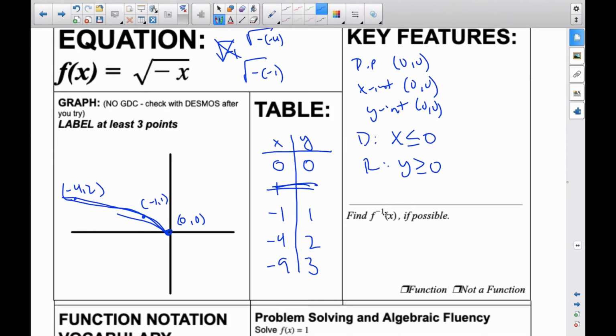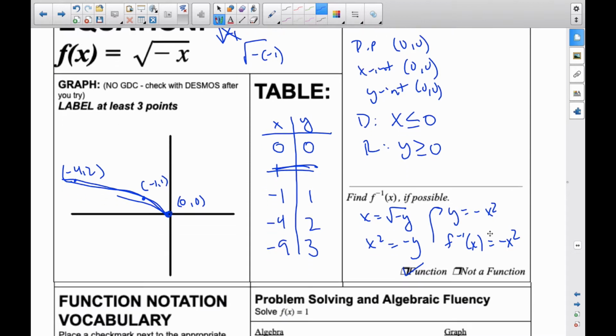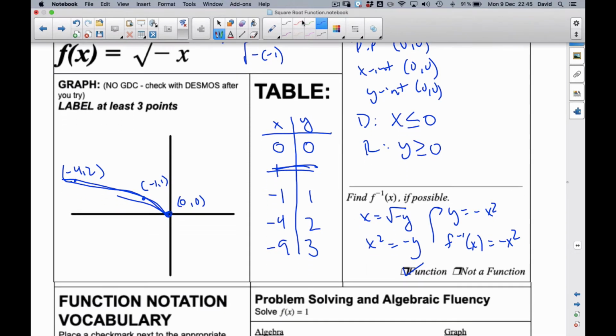We are asked to find the inverse. Well, to find the inverse, I switch my x and y, so x is equal to the square root of negative y. Squaring both sides, I get x squared is equal to negative y, and so then y is equal to negative x squared. So the inverse function is equal to negative x squared, and this is a function. I have to make sure when I do my inverse, though,